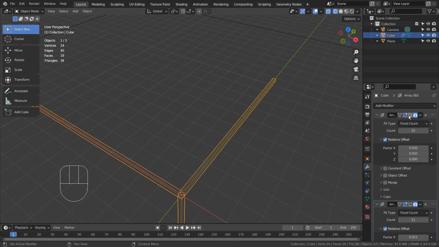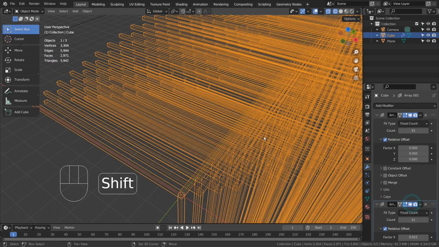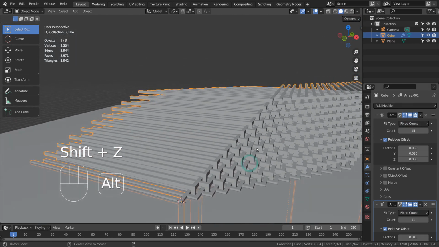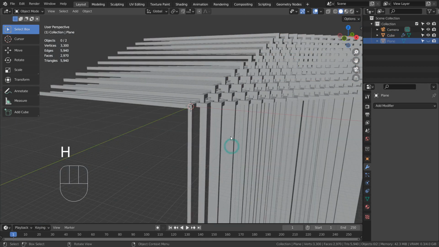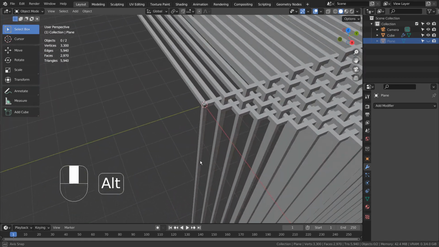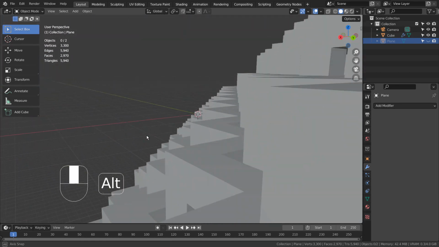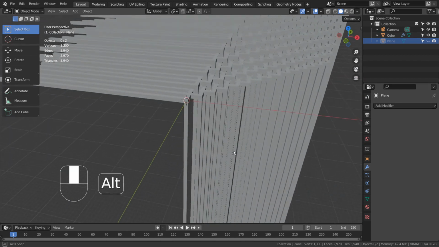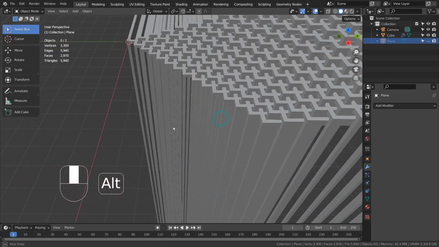The idea is to add 2 sets of array modifiers, and adjust their factor, x, and y, settings. We can create very interesting results by doing so.